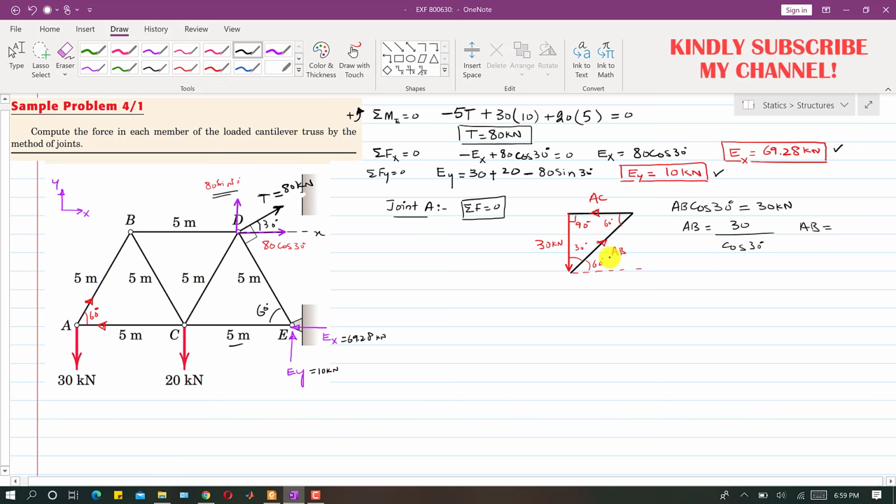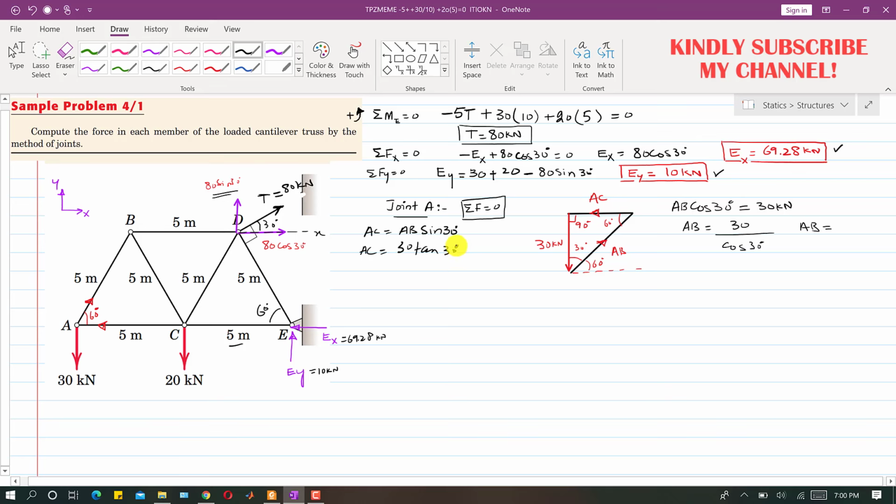Similarly, we can see that this AC is the sine component of this AB. So we can write that AC is equal to AB sine of 30 degrees, right? Or we can say that this AB is 30 by cos of 30. So this AC is AB, and we know this AB is 30 by cos of 30. So I can write that this is 30 divided by cos of 30 degrees, sine of 30 degrees, and this sine of 30 is 10, right? So we can say that this AC is 30 10